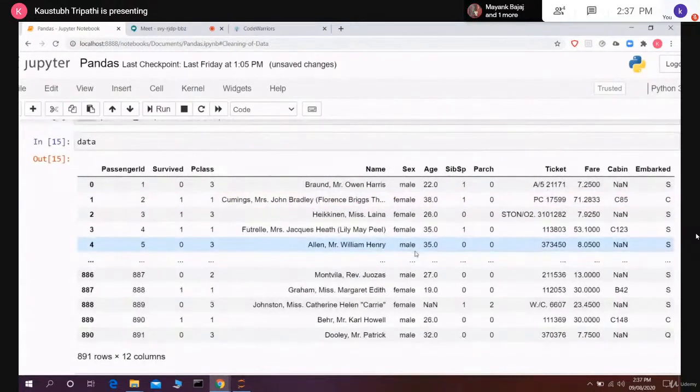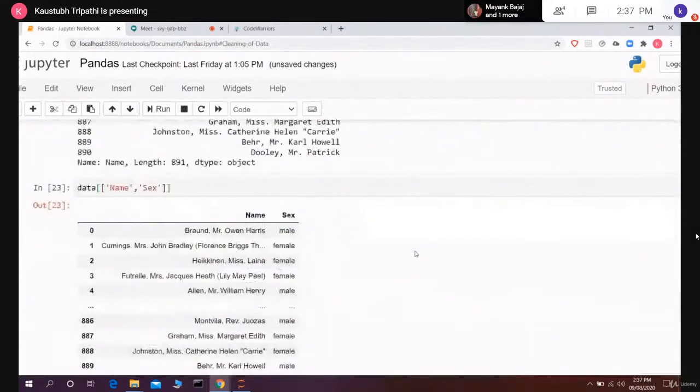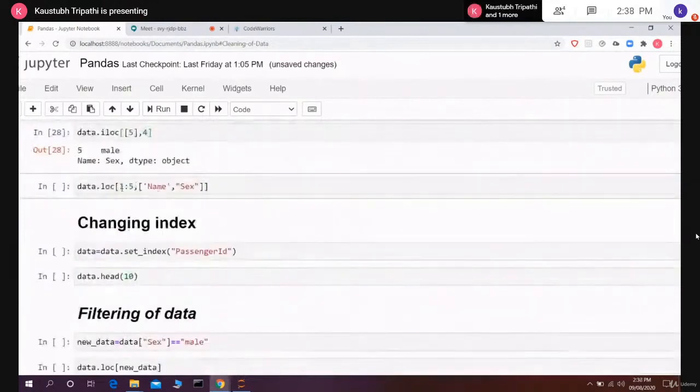But when you are having thousands of columns, you don't know what is the index of some column present at the 890th place or 899th place. You will never know the index of the columns. So for those cases, we use the particular name. We use the loc method, and the loc method does not accept the indexes for the columns. It accepts the name, and that's what I did over here.